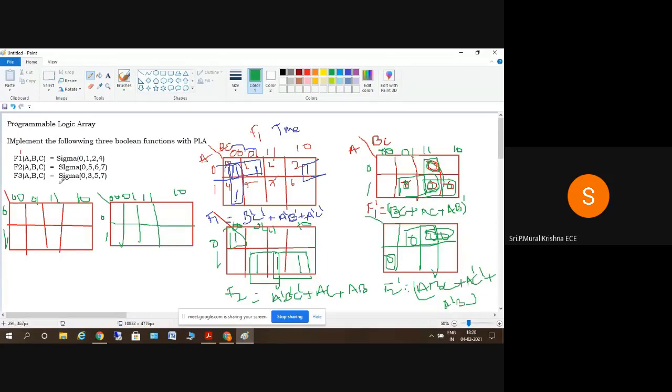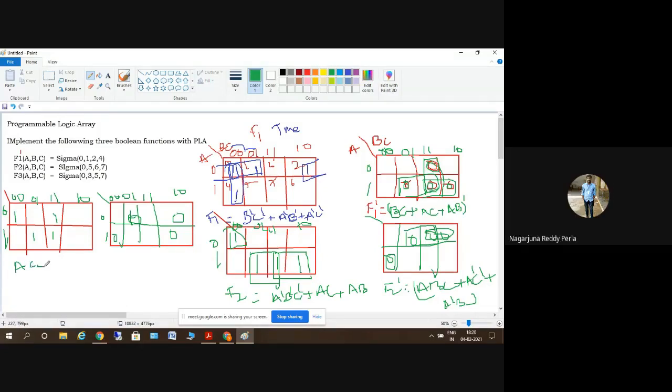So 0 3 5 7. So sigma of 0 3 5 7. It's 0 and this 3 and this is 5 and this is 7. Okay, and the remaining terms are 0, this is 0, this is 0 and this is 0. Tell me the outputs of this. AC. So F3 is like AC,